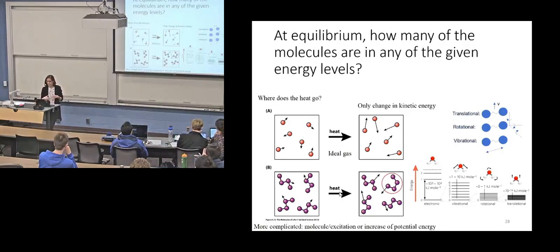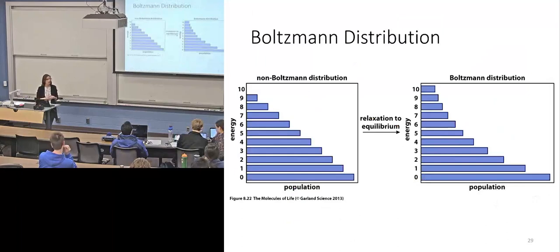So given enough time, things tend to relax towards a Boltzmann distribution. Okay? And the Boltzmann distribution is an exponentially decaying function, okay? Where the lowest energy levels are going to be the most populated, and as the energy levels get higher, there will be fewer and fewer things in them, and it's exponential decay. And again, like I said, I can still ask you to do some calculations on a distribution that looks like this. You just know that with enough time, this is where things are tending towards, okay? Trying to move towards.